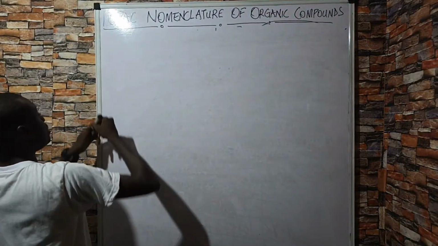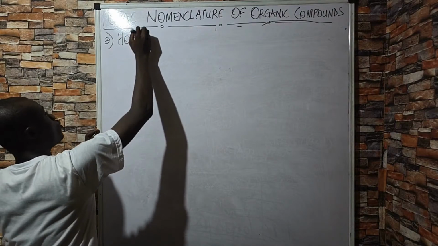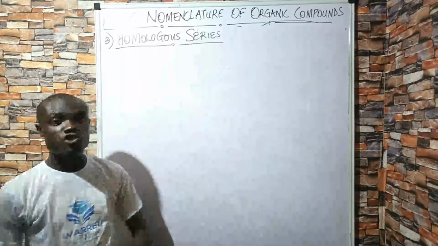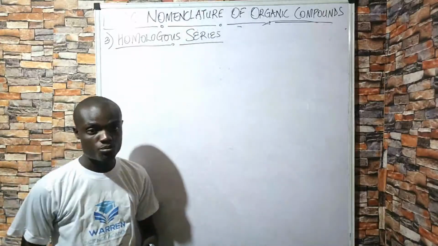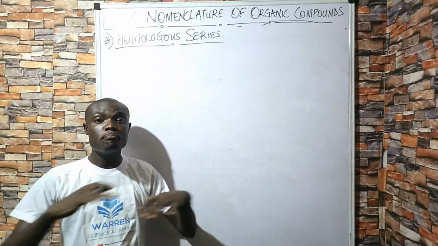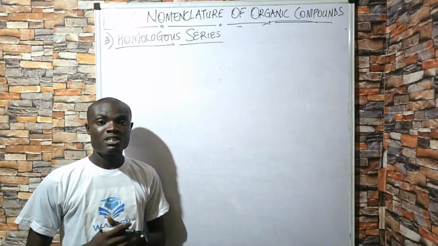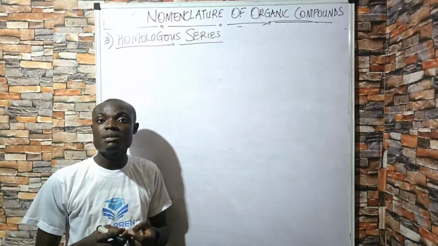So we are going to take a look at, then the last thing we are going to look at in today's class is what we call the homologous series. When we talk about functional group, and I said homologous series, they are families. Just like in the world today, there are a lot of human beings, billions of human beings. It will be very hard if we don't name them. So that's why we have the system of naming.